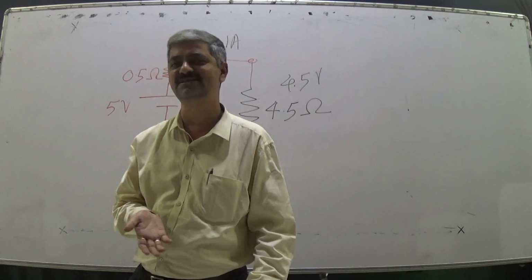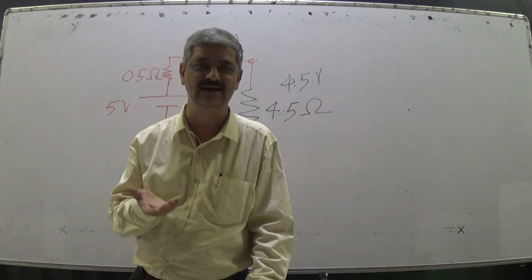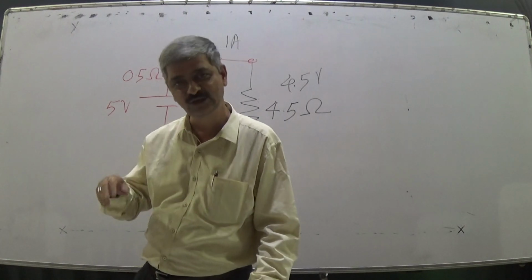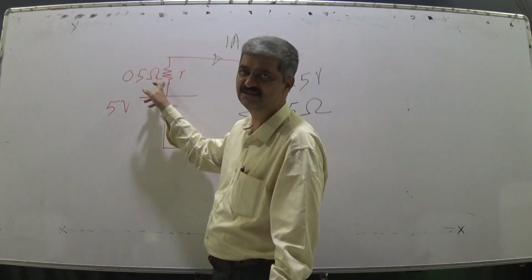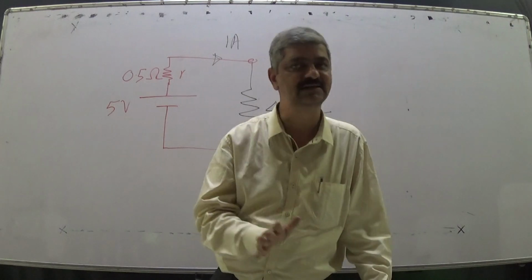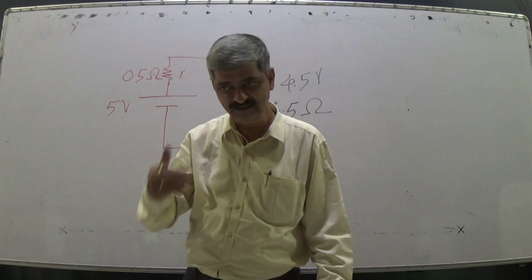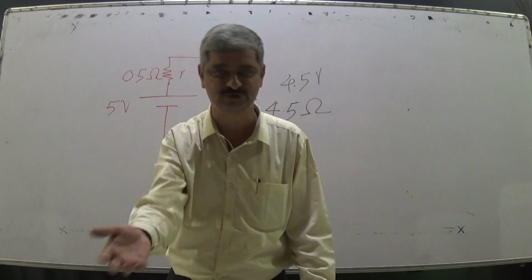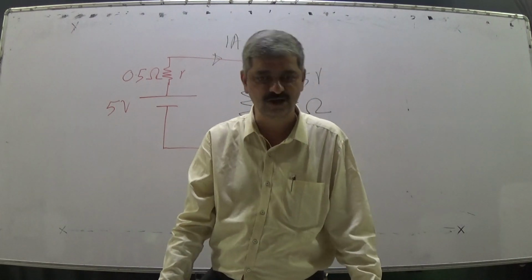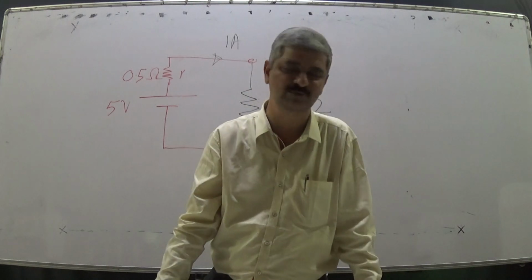As long as the resistance is negligible and currents are not so high, we can ignore this internal resistance, but keep it in mind that it is always there. We can't get an ideal voltage source. In the entire discussion, the problems we solve, you will assume it to be a voltage source.